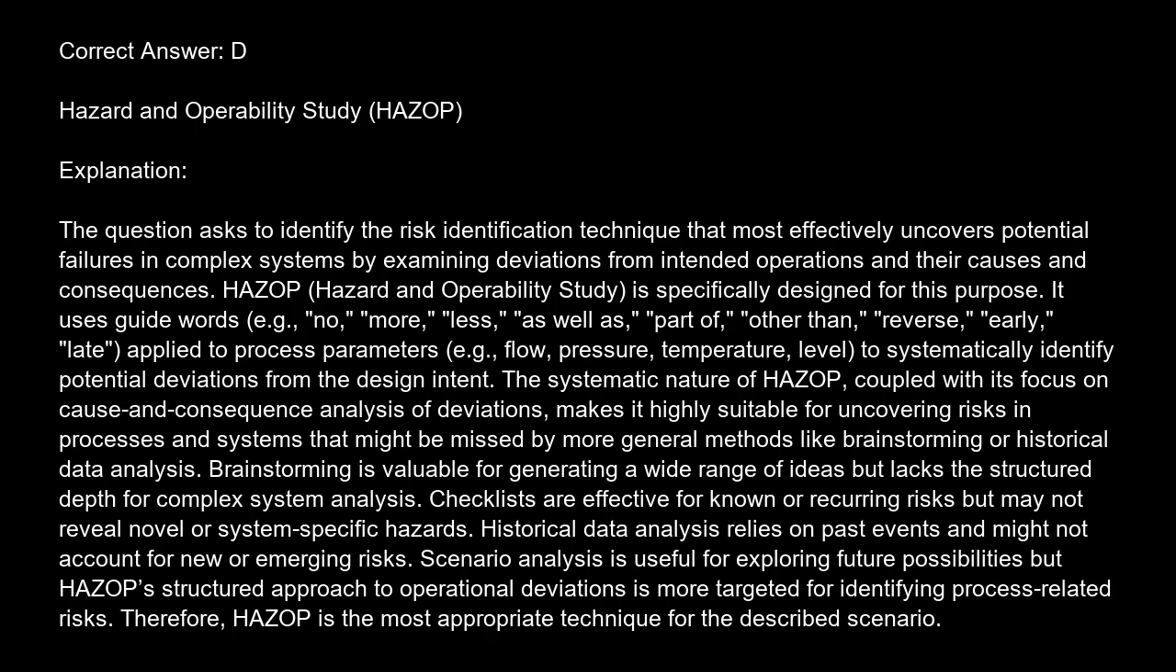It uses guide words, e.g. no, more, less, as well as, part of, other than, reverse, early, late, applied to process parameters, e.g. flow, pressure, temperature, level, to systematically identify potential deviations from the design intent. The systematic nature of HAZOP, coupled with its focus on cause and consequence analysis of deviations, makes it highly suitable for uncovering risks in processes and systems that might be missed by more general methods like brainstorming or historical data